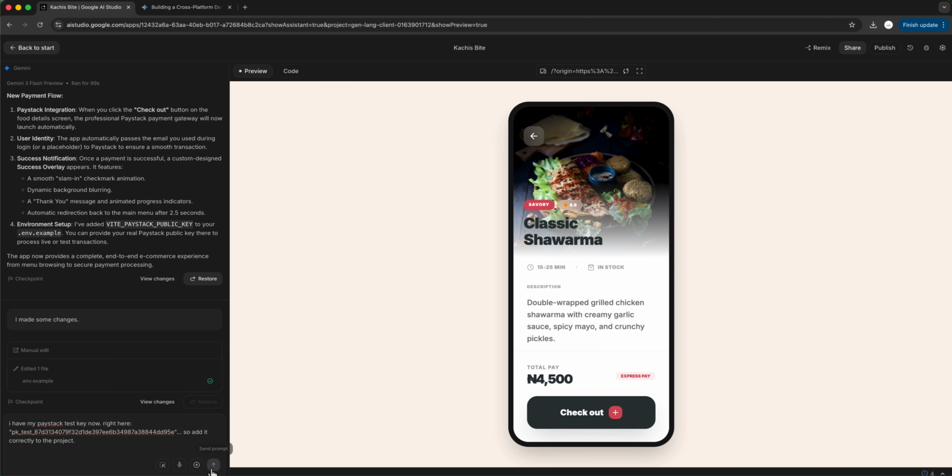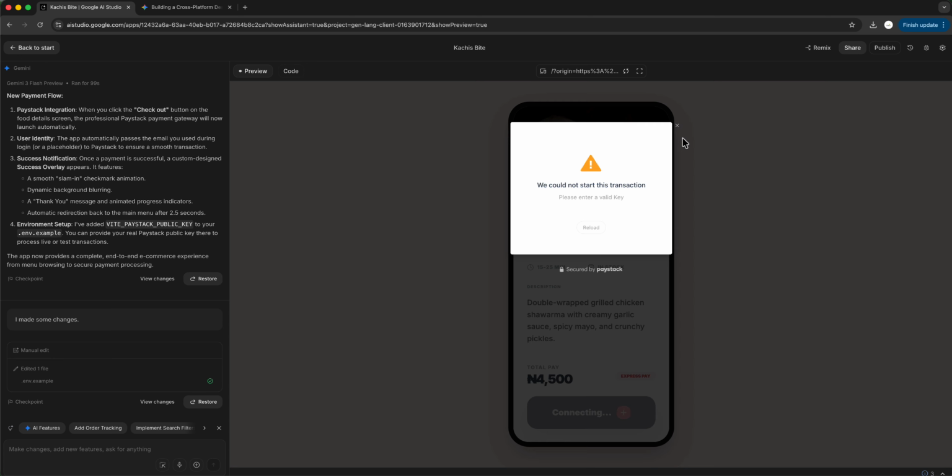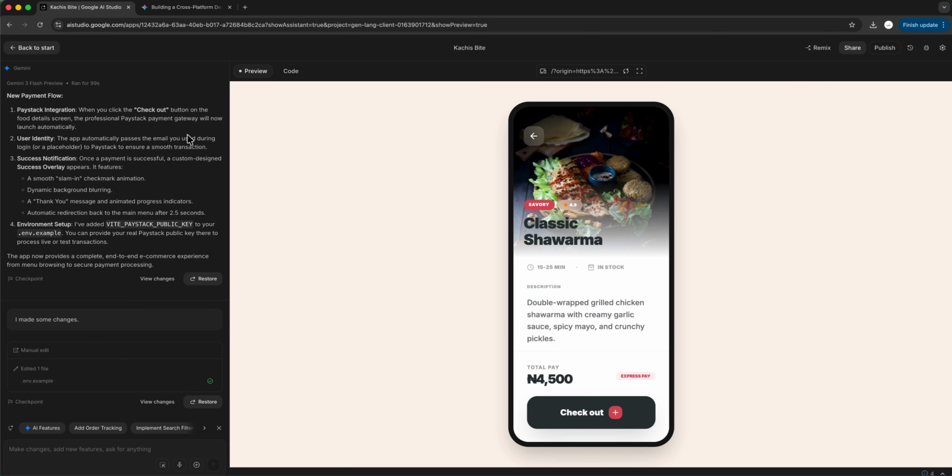And I just gave it the key, the test key from my Paystack dashboard, and asked it to integrate it directly inside of the application. So now it's done integrating that and solving that for me. Now I'm going to click on get started and try to pay with Paystack, but it's still giving some issues. So let me go over to the Paystack dashboard